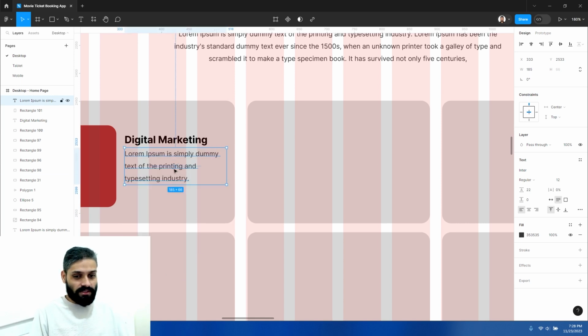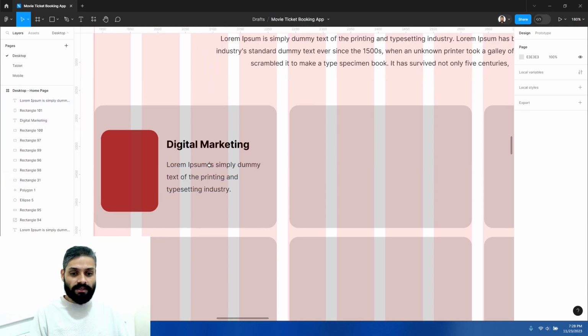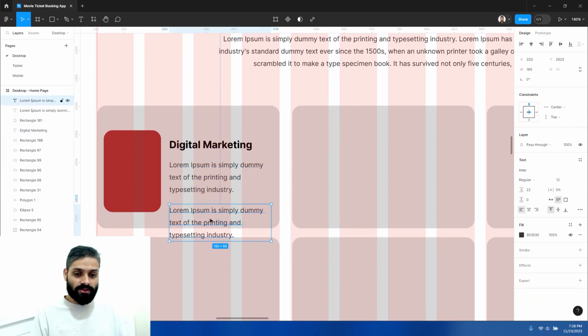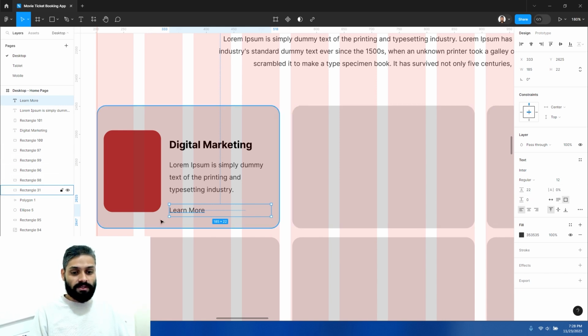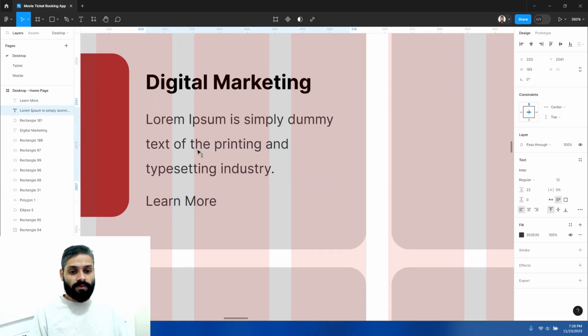And then I just made 3 lines, so at least I can give something very certain. And here I will keep one a link, learn more or anything. So yeah, learn more will be good. Okay, it's good. And I will click on this, or this, yeah, this, and I will give, okay, it should